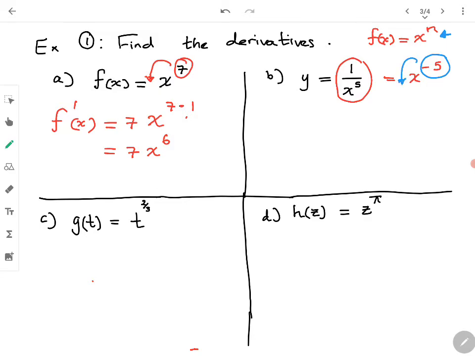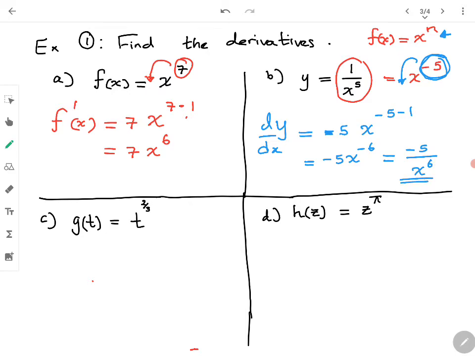So what can we do? Using the power function rule, dy over dx is going to be what? The derivative is, you bring that power down. So you need to bring the negative sign also. Whatever the number here or the power here, you bring it down. So if it has a negative sign, you bring the negative sign down also. Then subtract 1 from that exponent. Now just simplify this. So you have negative 5 x to the negative 6. We can just bring the power down to write it as a positive power, and there's the final answer.